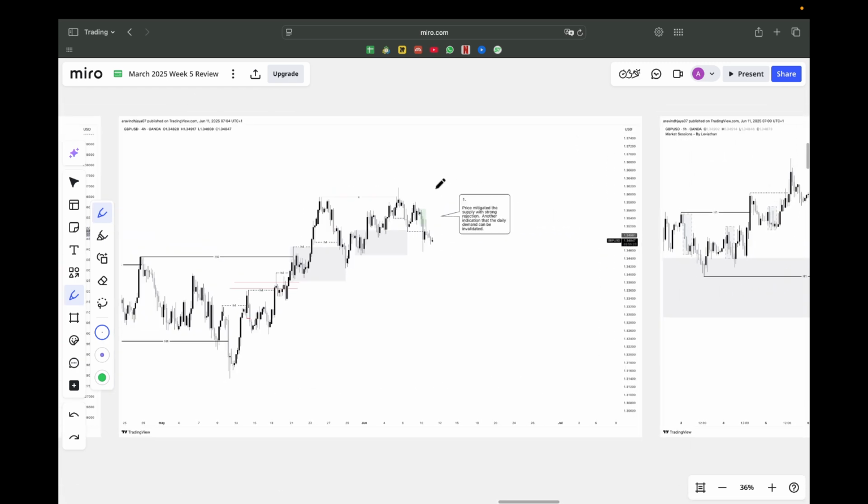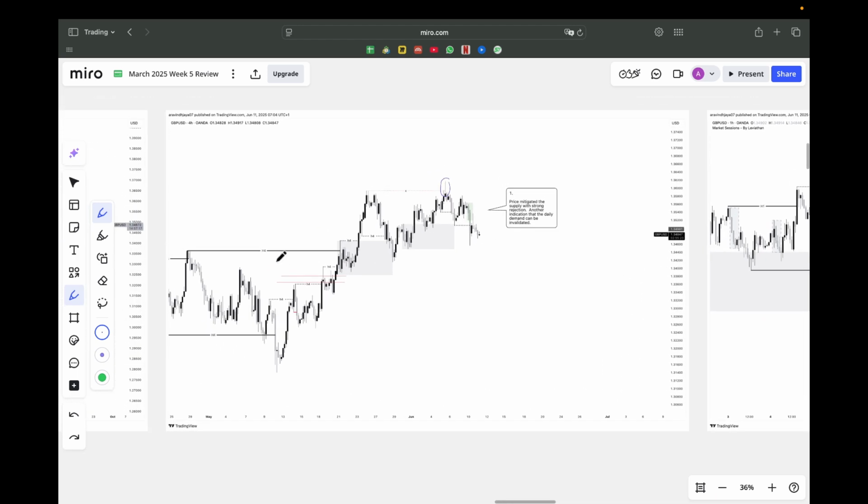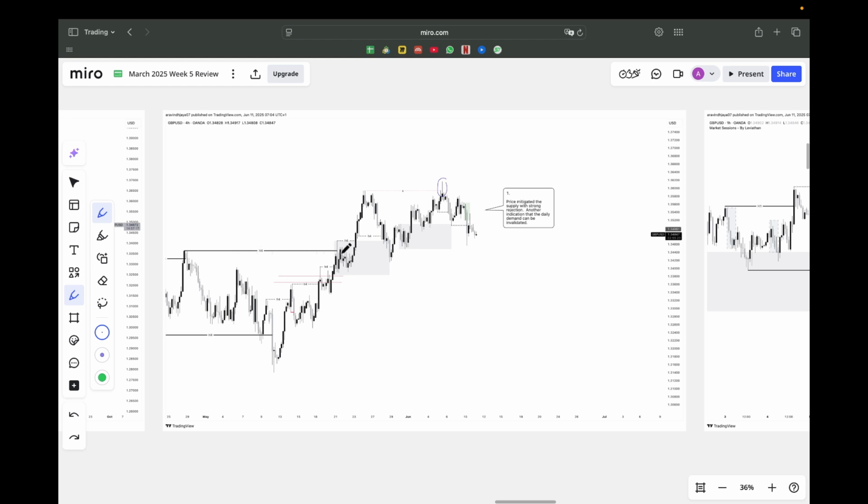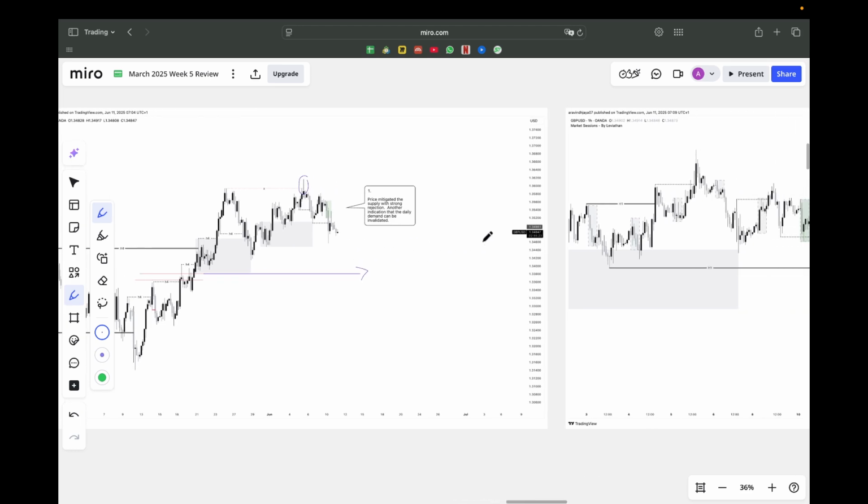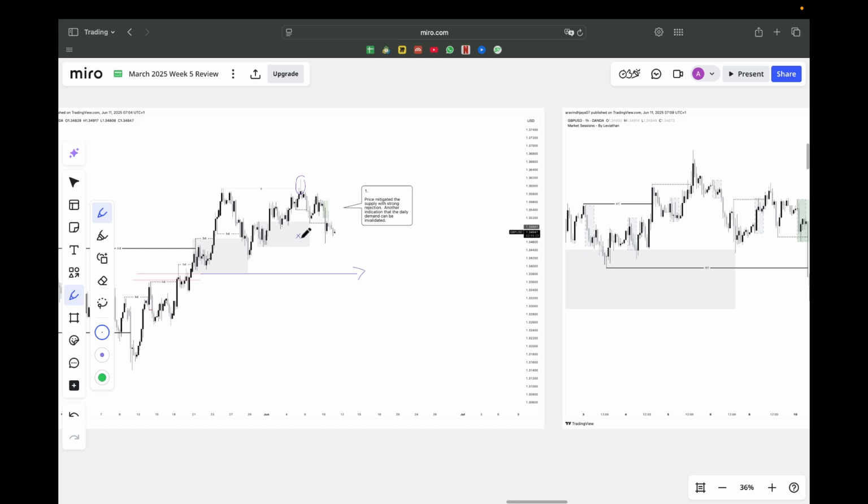So from the 4-hour perspective, we can see that there is a strong buy side liquidation and there is an internal bearish structure, and the price is holding that internal bearish structure. So I'll be just focusing on looking for shorts, playing with the 4-hour internal structure. I also assume this as the 4-hour swing structure, which means that the 4-hour discount is somewhere here. So there is still room for the price to come down, and I'll be happily looking for sells. But the only caveat is the daily demand is still holding the price.